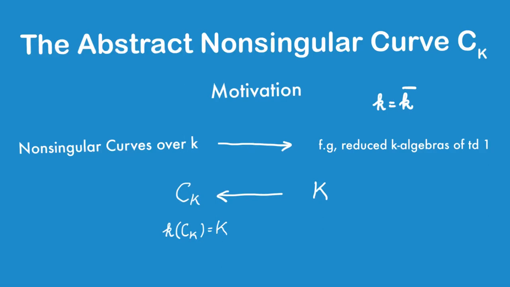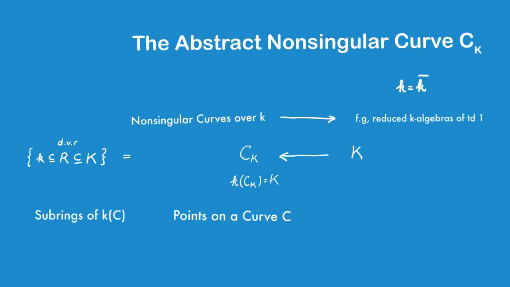Recall that previously we mentioned that given a function field of transcendence degree 1 over an algebraically closed field, we can recover a unique projective non-singular curve with that function field. As I said, that unique non-singular projective curve is going to be in bijection with the discrete valuation rings contained inside this big K. So before moving on to give an explicit construction of this, we want to give some motivation